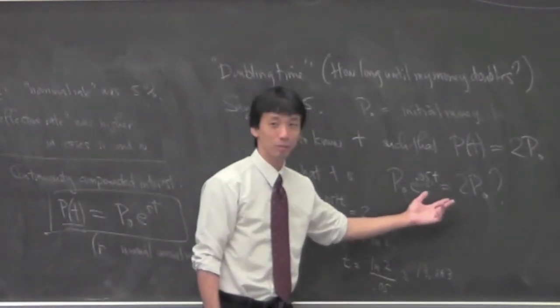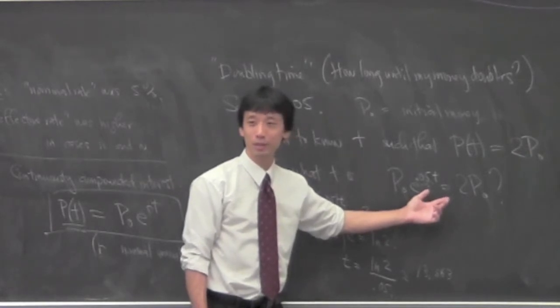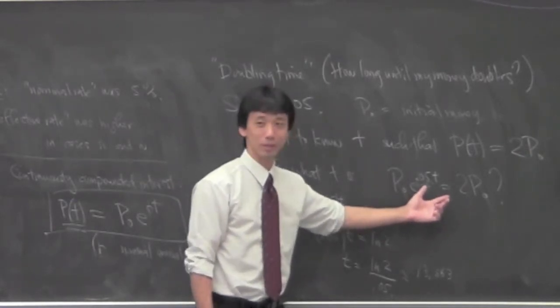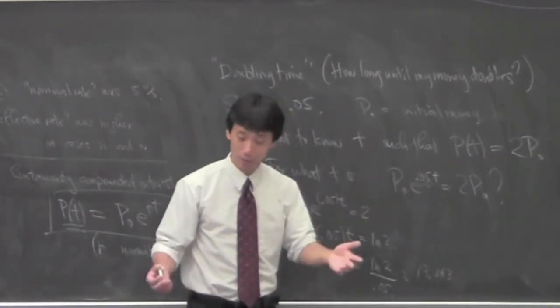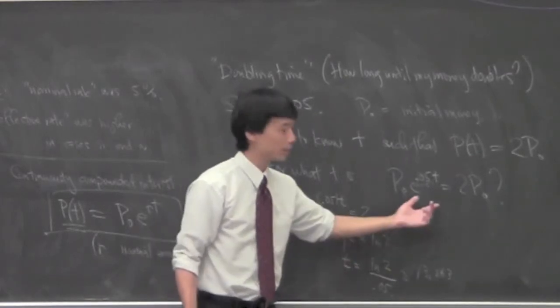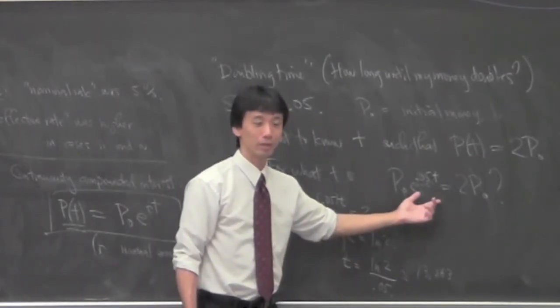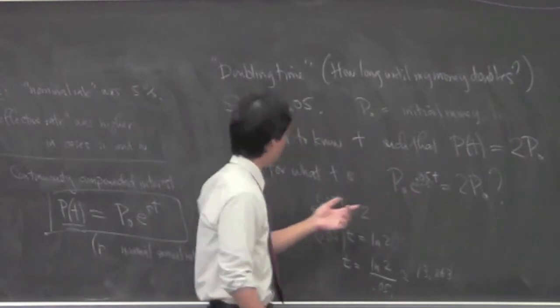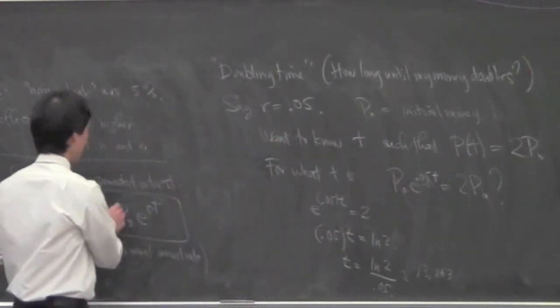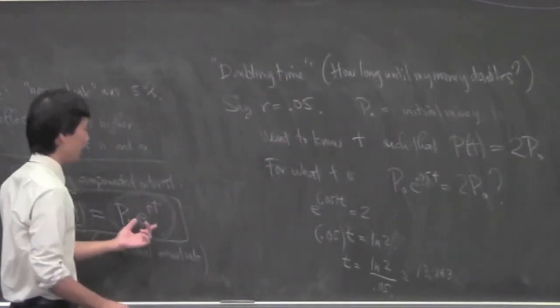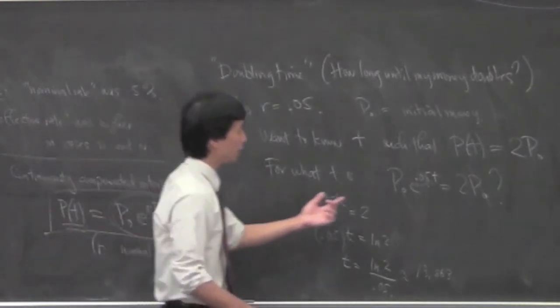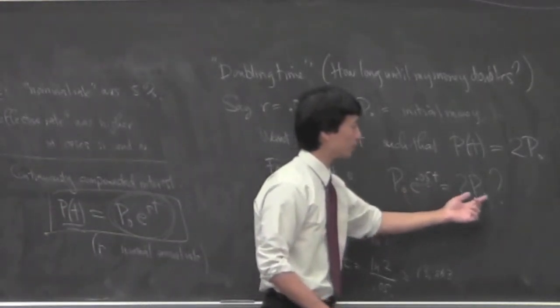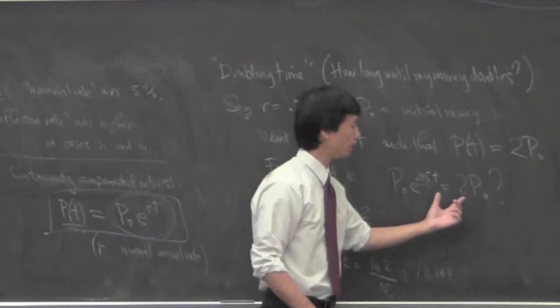So just translate. As long as you can read this in English, then you know what the purpose of this is. Or as long as you can say the thing in English, you can translate it to a formula. You can say, I'm wondering at what point the money I have at that time equals double my initial money. And then you just solve.